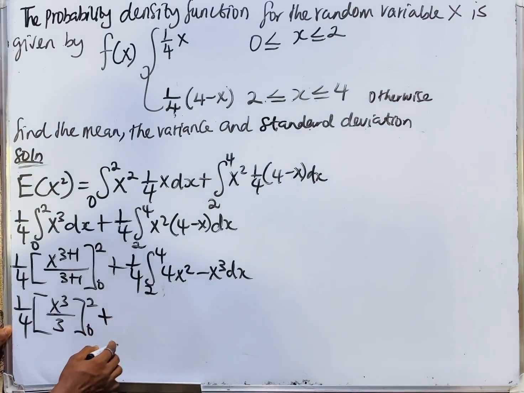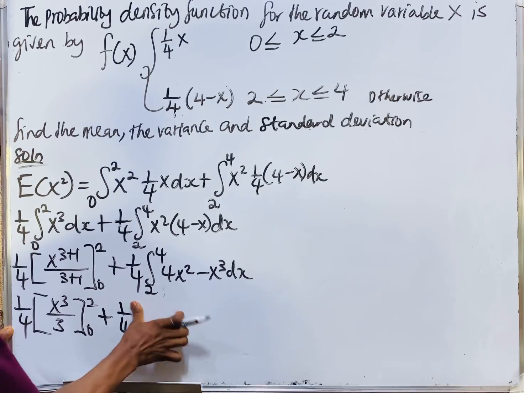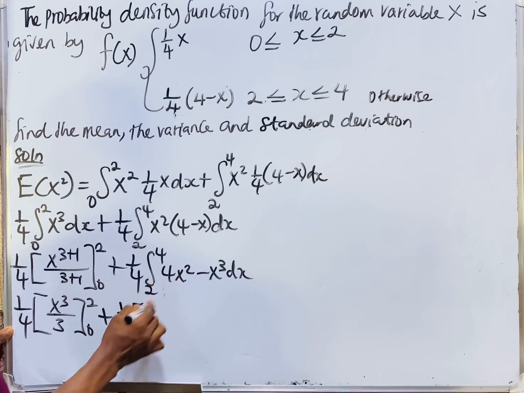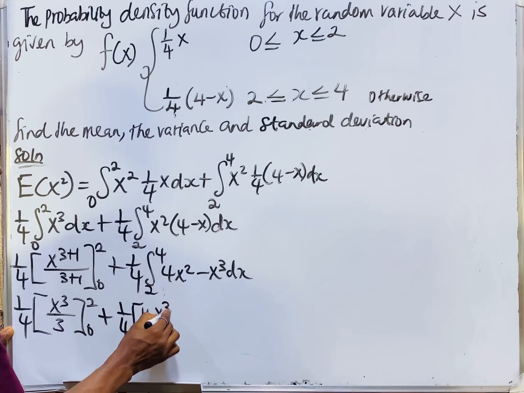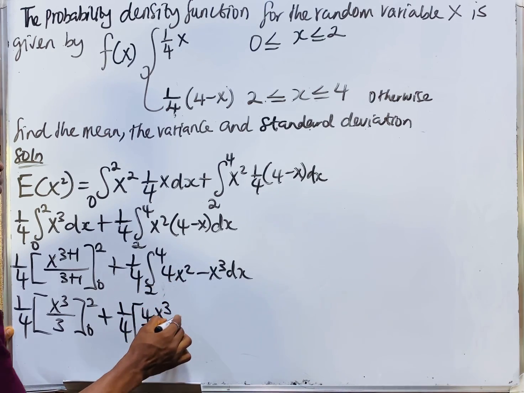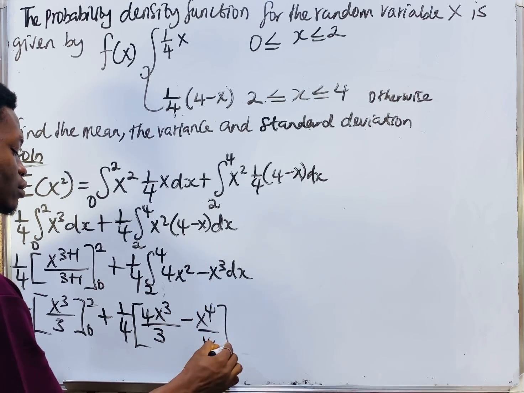Then plus 1 over 4. Okay, let's integrate. Integrating this will give us what? 4x to the power of 2 plus 1, which is 3 over 3 minus x to the power of 3 plus 1, which is 4 over 4 from